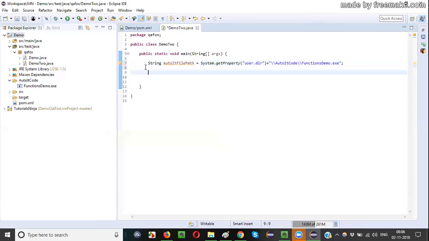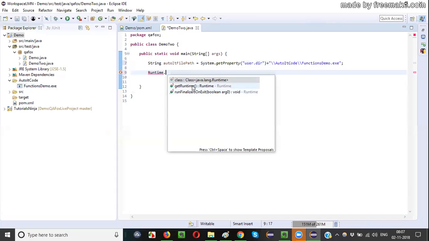Now, in order to invoke this functions demo.exe script, there is a predefined class in Java. This belongs to Java, guys. In order to execute exe files, we have a predefined class in Java known as Runtime. It's part of the Java library, guys.